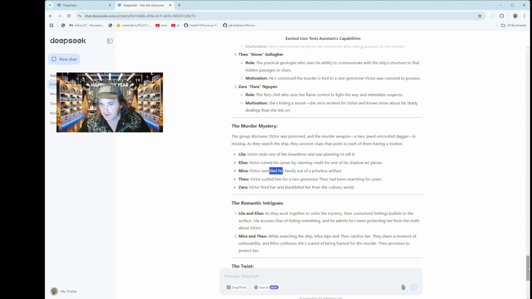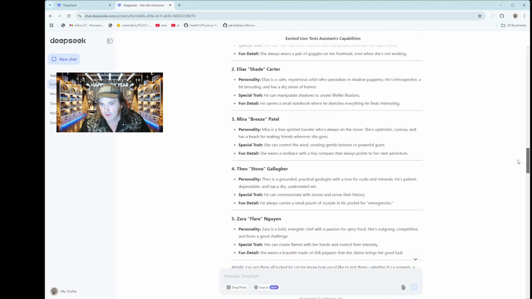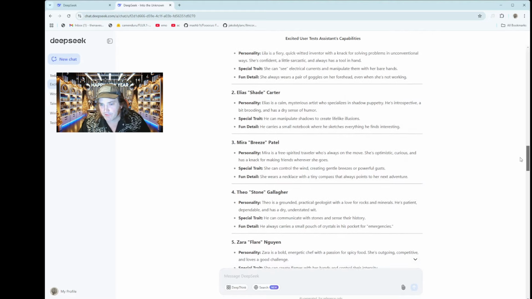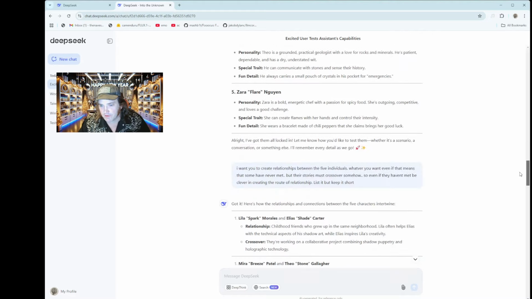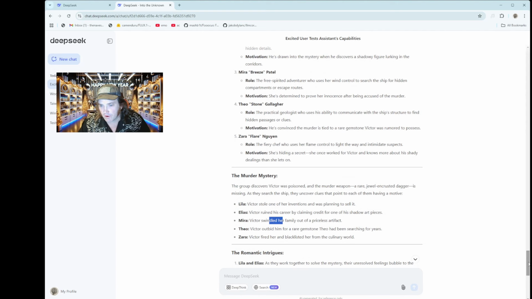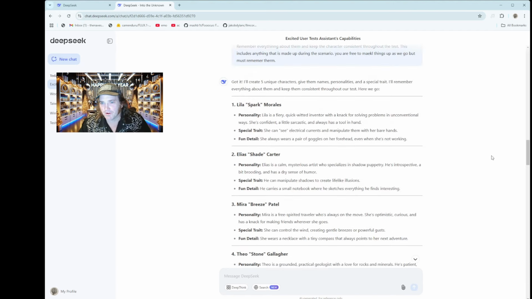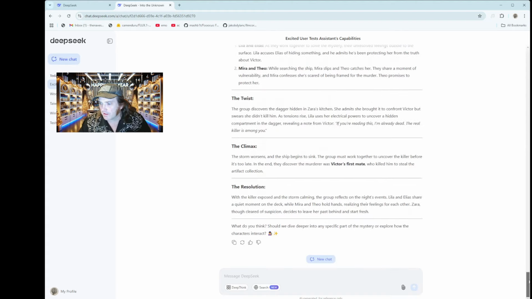Let's go see what it says about Victor up here. So let's scroll back up to Victor. Oh, do we have a Victor? Oh, no, Victor's the guy that's going to die. Okay, so let's see what it says about Mira up here. Mira was the spirited traveler. Okay, can control wind. Okay, let's ask it, say, remind me